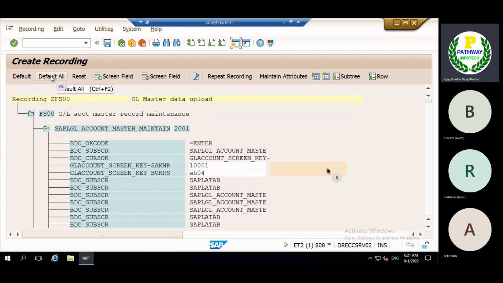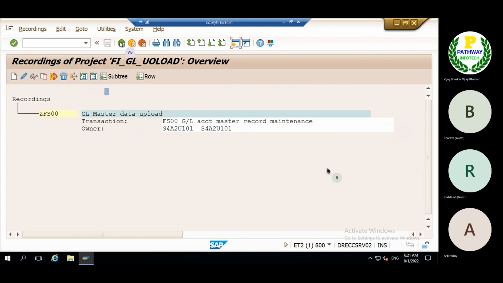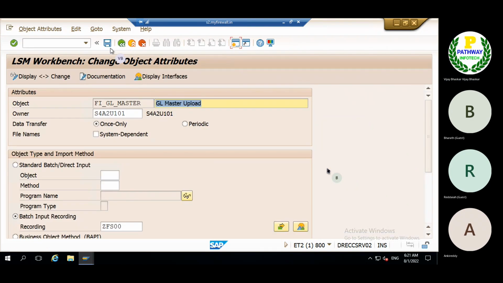Click on default all. Now the system has recorded the fields which we want to upload into the system. Let us go back. Click on default. Next, come back, save it. Now you can see the fields have been recorded automatically.